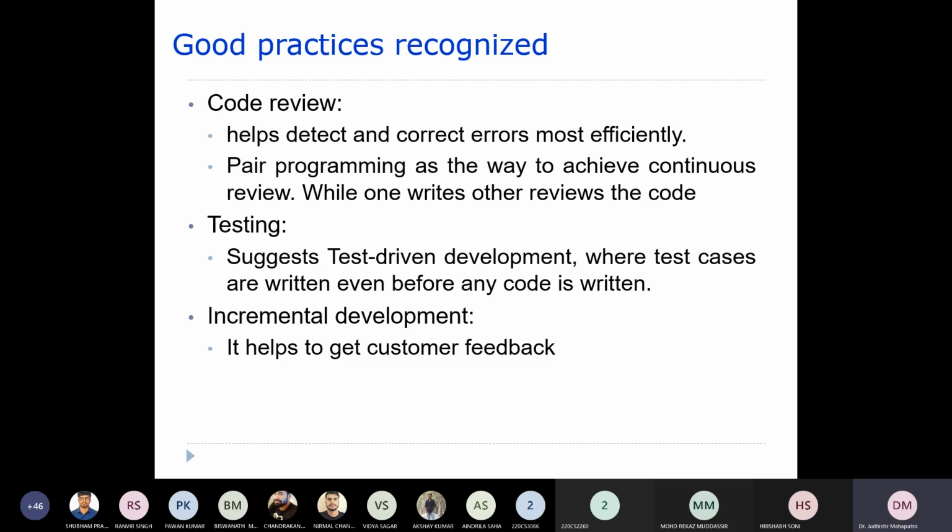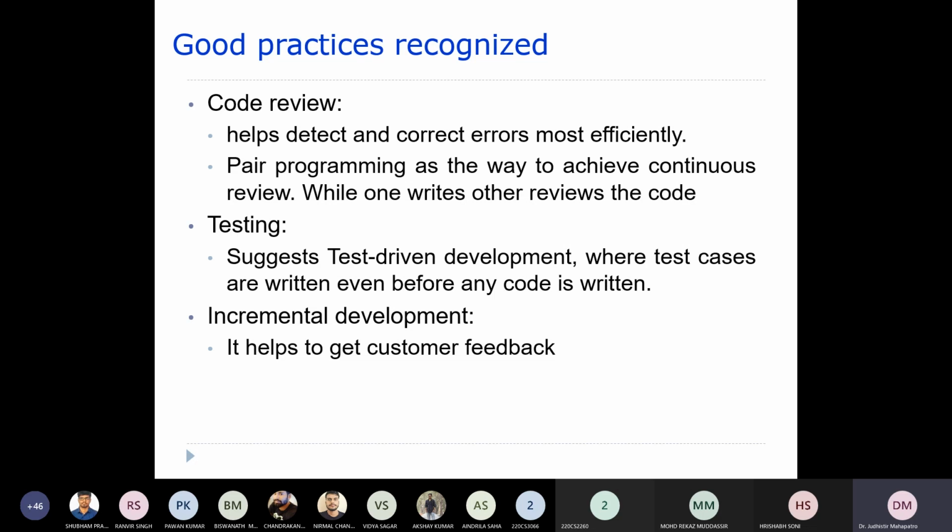So we have seen it as part of the V model. Before the code is written, the test cases are developed or designed. So this is also one sort of good practice.